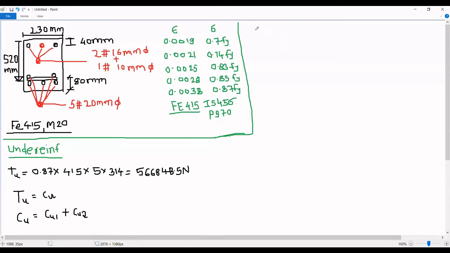And we know that Cu1 is the contribution from concrete. And if the section is under reinforced, I can very well write this as 0.36 FCK B XU. Mind you, I am not writing XUB because we are not sure whether the neutral axis is at the location of neutral axis for balance section or not. As we have assumed it under reinforced, we will simply write it as XU.